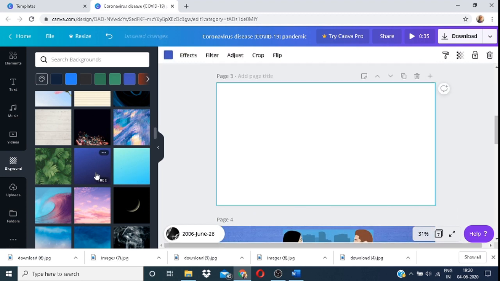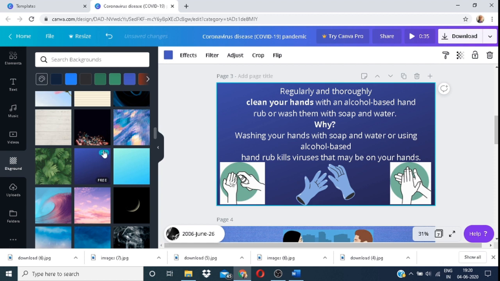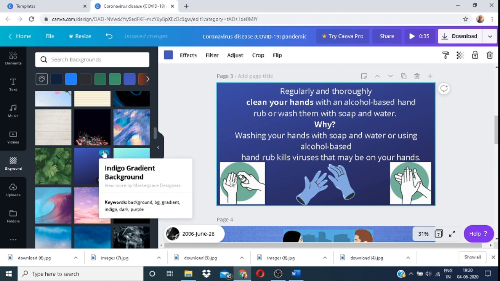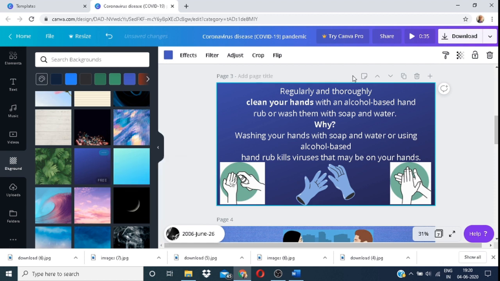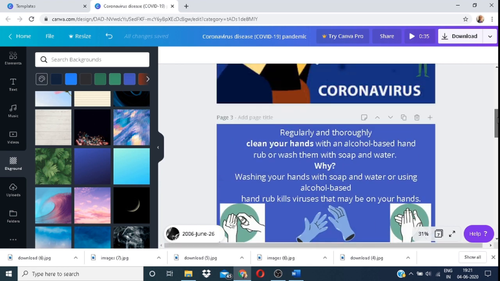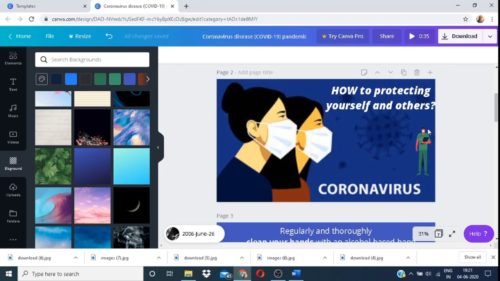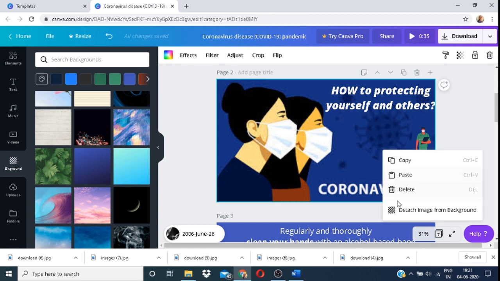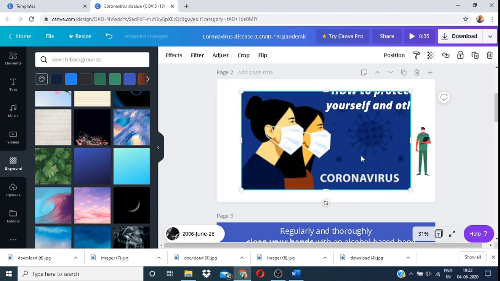So I'll just quickly click on the indigo one. Is this the same one? Yes, indigo gradient background. Let's decrease the transparency quickly. What do you reckon? Let me know in the comment section. I think this was fine earlier. So I'm going to detach the image from background.